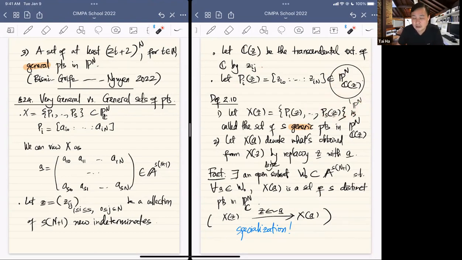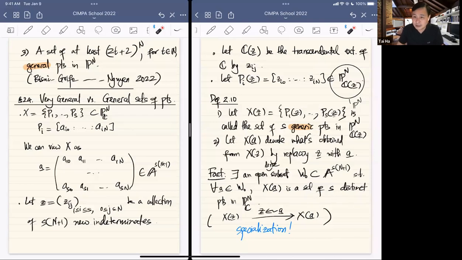How does it enforce that there exists such an open subset W0? I was just trying to speculate how this existence works. Oh, you mean here? Yeah. So this actually is a nice exercise. Let's say I substitute, so I think of substituting the Z by a matrix here. When I do that, this will give me one point. The next row gives me another point. The next row gives me another point. When would these points be